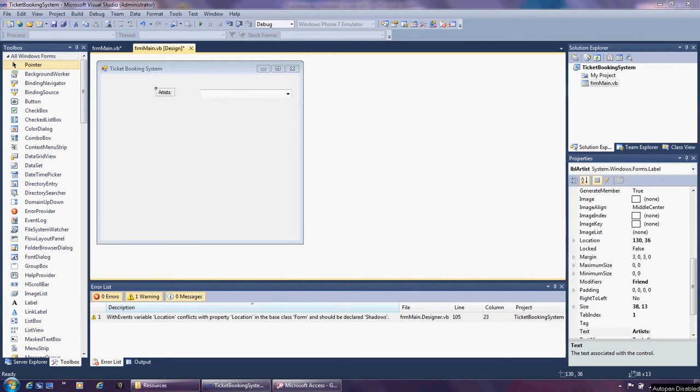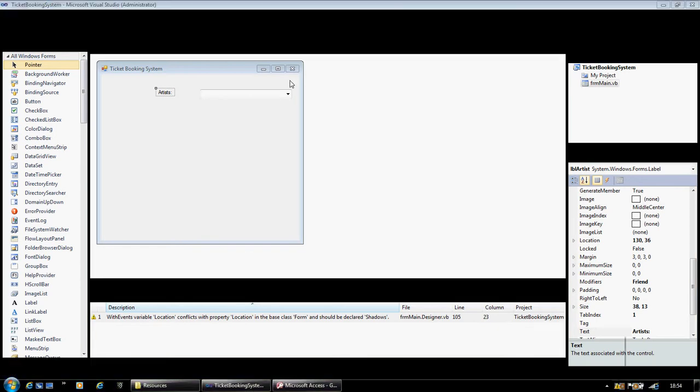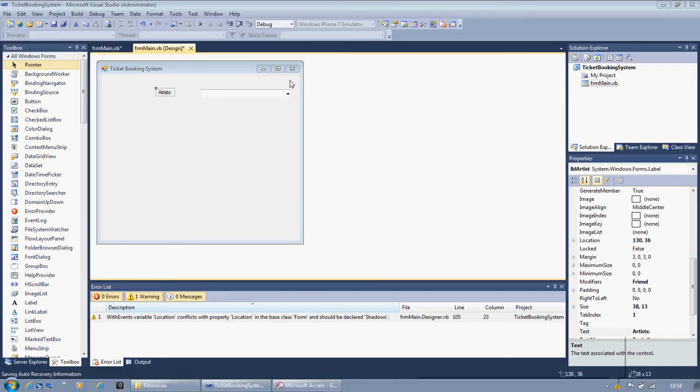In this video, I'm going to show you how to get some data from a database and display it in a data grid. And I'm going to show you a slightly different way to loop through the rows in a data reader and populate the data in a data grid. So again, using the ticket booking system, this is the one that we used for